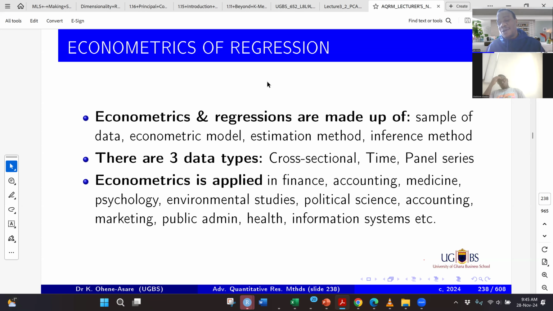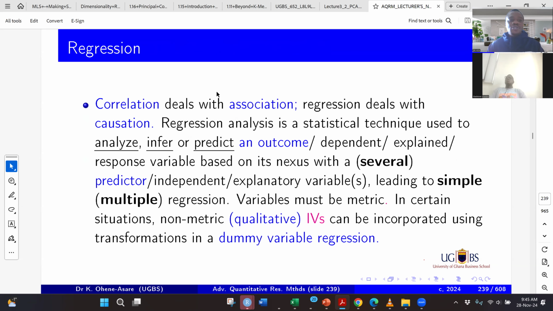It is used a lot in political science and in public administration. In fact, in some of the papers I will give you, you will realize that econometrics is necessary. I hope you understand at this stage. If you don't understand, quickly let me know before we proceed. We are going to pick